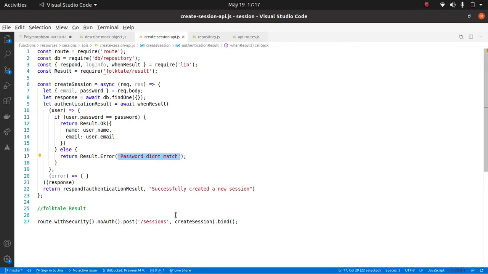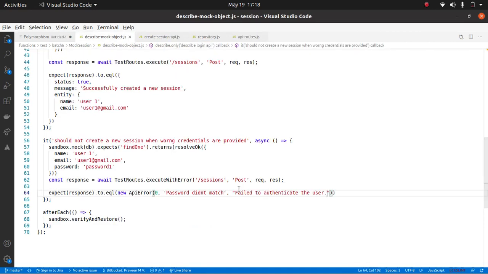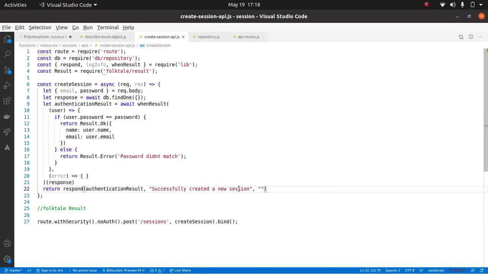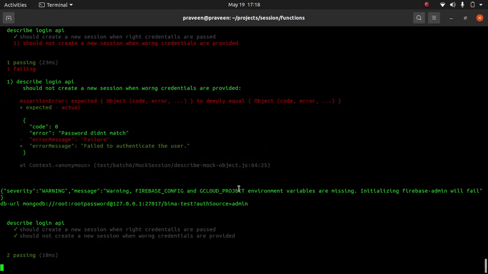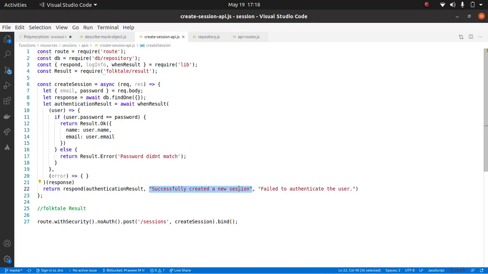So the reason for that is, in the response, the second parameter is the error message. We can pass the error message. So I'll go copy this error message and pass it over there. So whenever there is a failure, it will send this message, and whenever there is a success, it will send this message. Correct? Now if you see, both the test cases passed. So let me stop here and let us try and figure out what all happened till now.